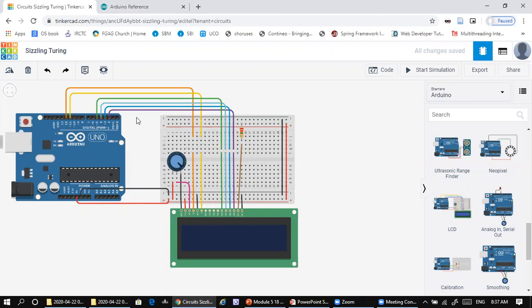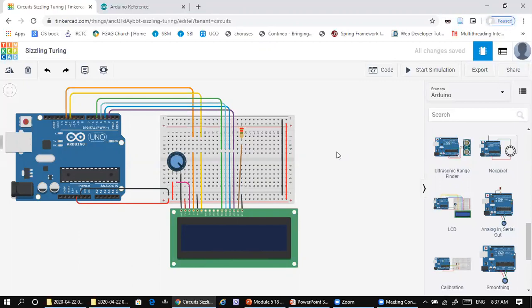The data pins are connected here, and also the read/write and register select pins. Then you have the ground connections, and the power supply is given here. A potentiometer is connected through the VEE pin to change the brightness of the LCD.